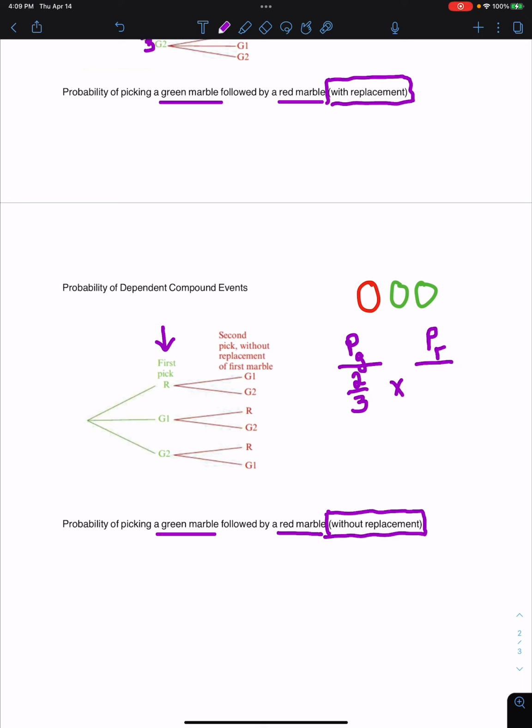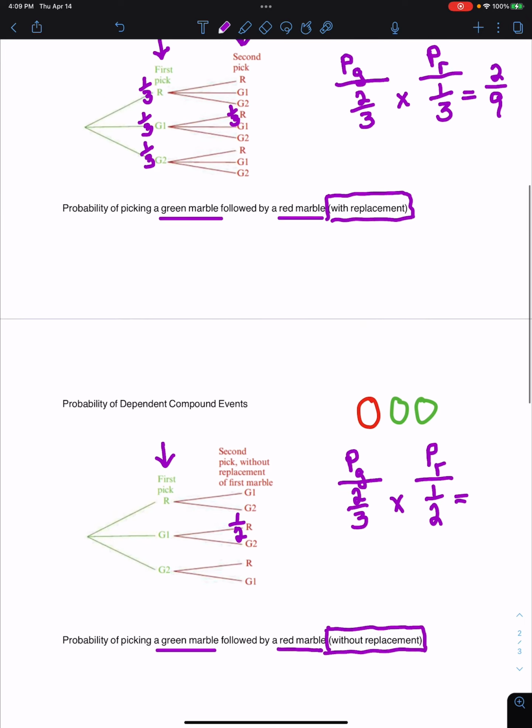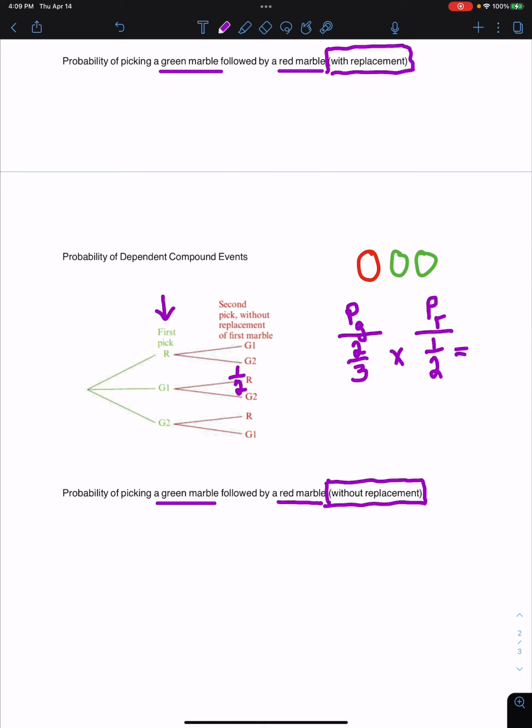However, in our second pick, we have to assume that we have already picked a green marble. So if we have picked a green marble and we're not putting it back in the bag, now for our second pick, we have a 1 out of 2 chance of picking a red marble. And that is the difference. So now, if we multiply those 2 probabilities together, and again, you might want to review multiplying fractions, but you just multiply the numerators, multiply the denominators. So we end up with